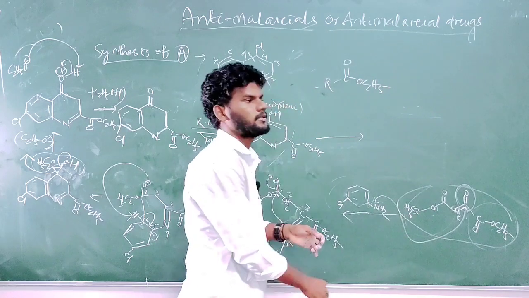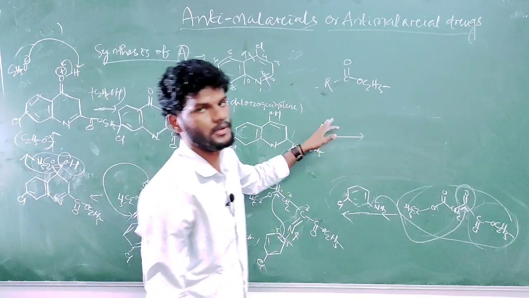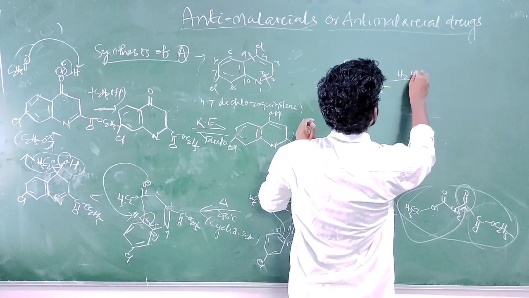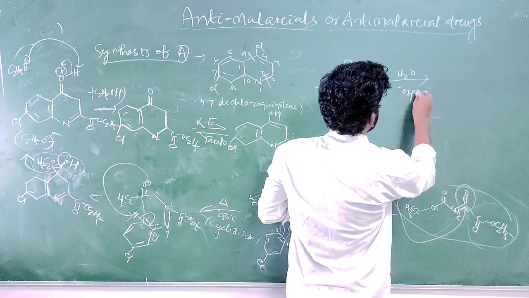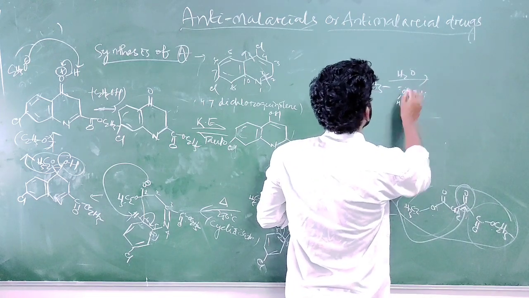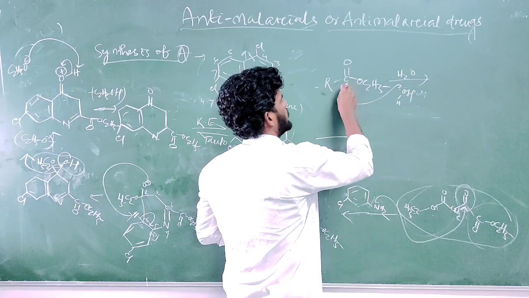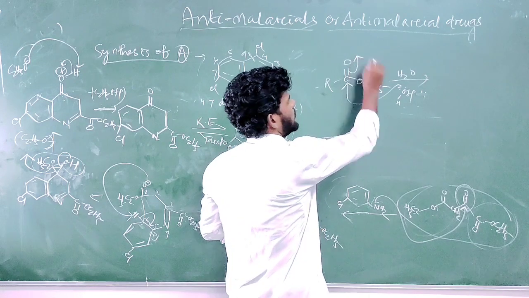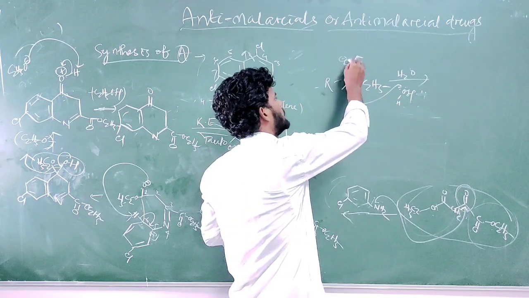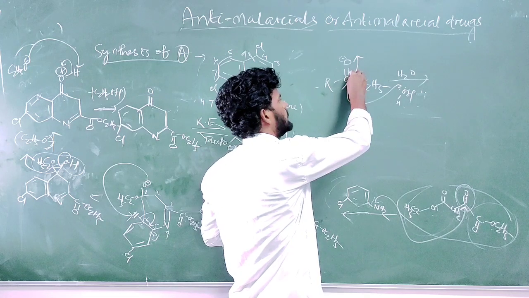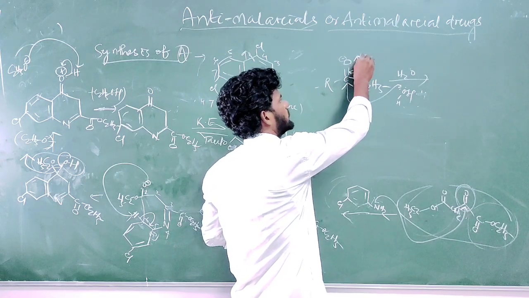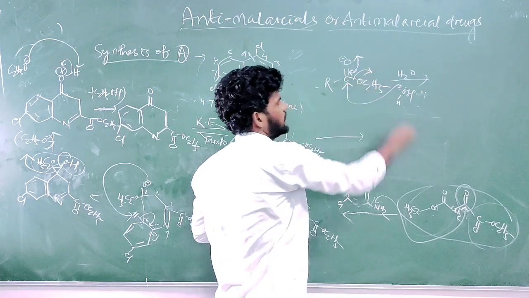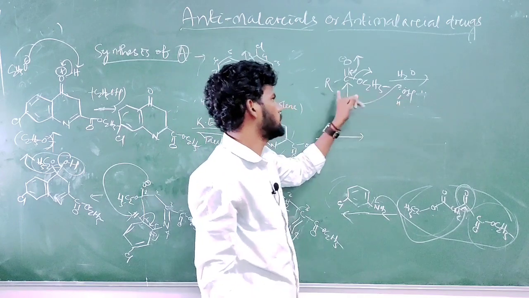Hydrolysis means addition of water to break a molecule. Water will hydrolyze any molecule. H2O, we can write OH and H. This side H. Oxygen lone pair will attack, nucleophile attacks the electrophile. Okay, I am writing it as a single step. This bond moves to oxygen. Again, this negative charge returns back. We can write it as a double bond this way. It goes over oxygen, again it returns back to form the carbonyl group. C double bond O. So OC2H5 is a leaving group. So here OH attacks the carbonyl group.